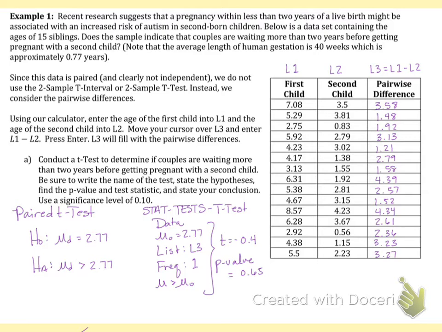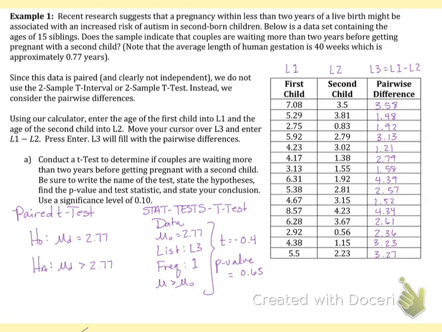So that p-value is way above any significance level we would ever choose for this problem, which means that we are failing to reject the null hypothesis. I don't have a lot of room to write that conclusion, and on the next page I'm going to talk about a conclusion, but so we're failing to reject that parents are not waiting more than 2.77